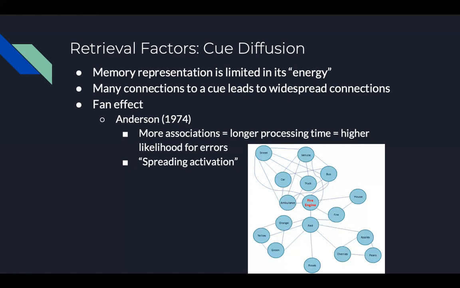So here, it usually takes more time to remember the differences because there are more similar details. So there are more associations. And so the resulting confusion tends to lead to longer processing time and also a higher probability of committing errors.